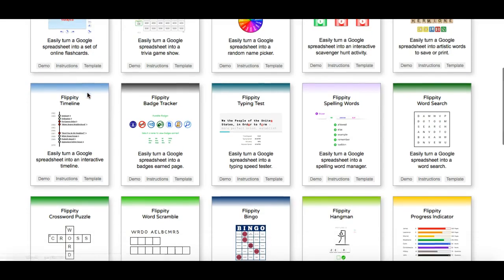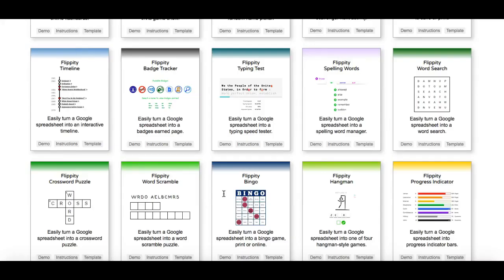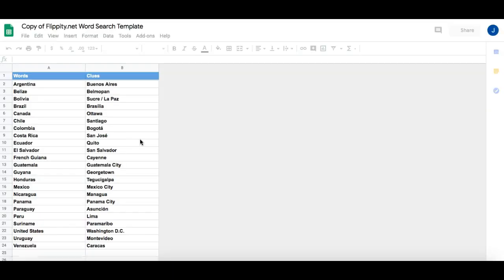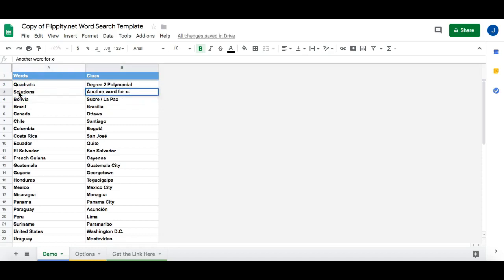So we've decided we want to make one of these word searches. Click on instructions, it walks us through step by step how to do that. And then we can also go to template. It's going to prompt you to make a copy of this template, and it's going to automatically save it to your Google Drive. And then these are your words and these are your clues. If I wanted the word quadratic, I could say degree 2 polynomial. Could put solutions, another word for x-intercepts,